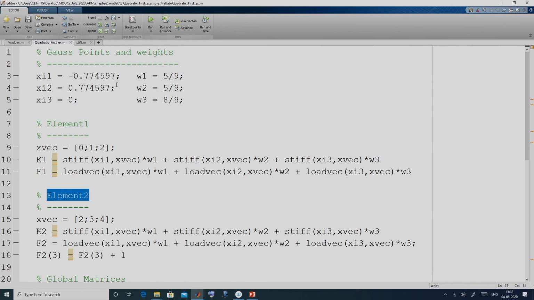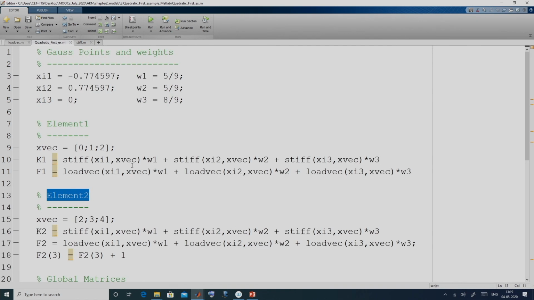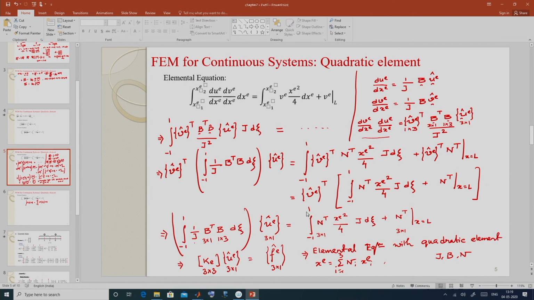So, that is the usefulness of a function. Only this coordinate vector is changing from element to element. You are using the same function for different Gauss points as well as for different elements. Similarly, you get this F1, the first part of the load vector.